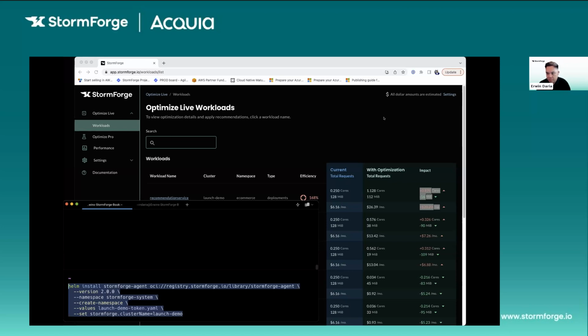But you can see on the screen, this is the Helm command that I use. Really simple. We're just pulling the agent from our registry. We're setting values for the version 2.0. And then we're creating a namespace. And then I have generated a token. This is part of our documentation. Anybody that goes and checks out our latest documentation will see that. But essentially, it's just a token that allows the container objects to authenticate against our backend and then communicate with